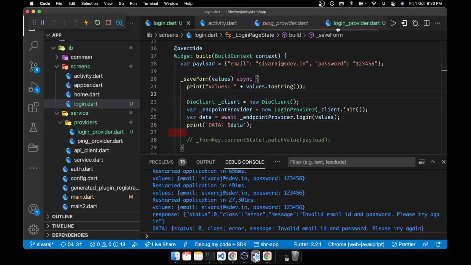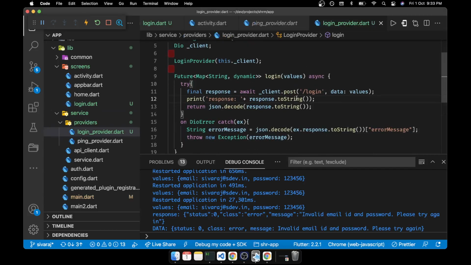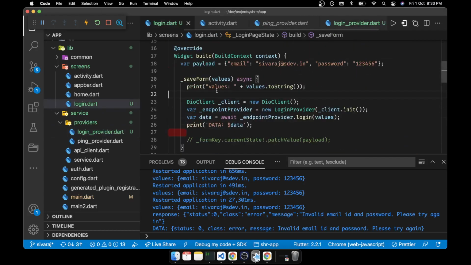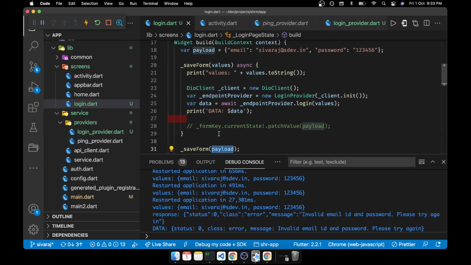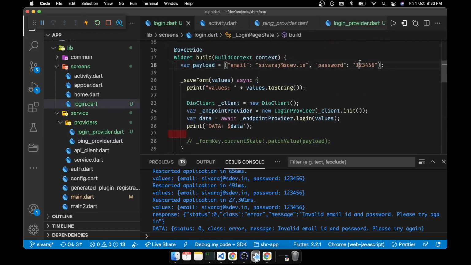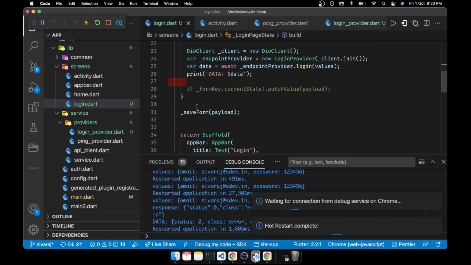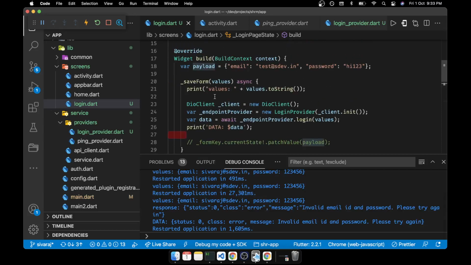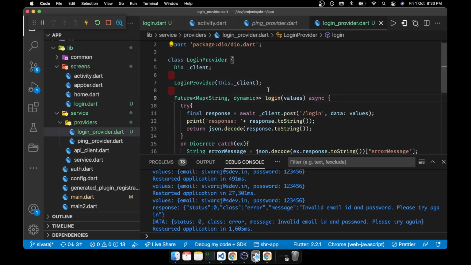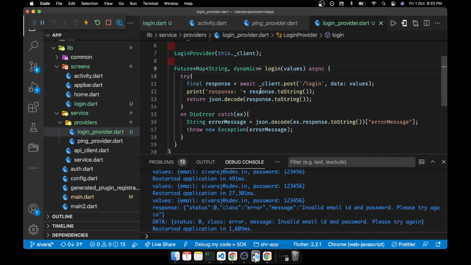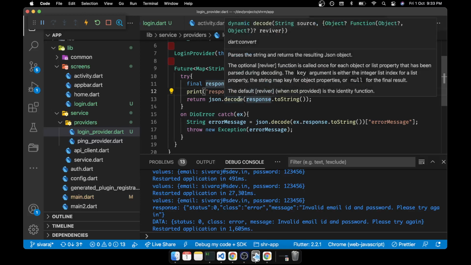Okay. So in the login provider, what we have done, we just call the function like normal. Usually this is how we'll call the function, no? So we have given some sample and then we have set some password. Maybe if you want to test, let's say tested Shiva, then here let's say hi123. If we save it, then this particular function will be called. From that particular function it will go to this part, then this will call the provider. This login provider handles the part. So let's say here we were handling the login, then we are getting the response. After the response we are decoding it and then returning it back.